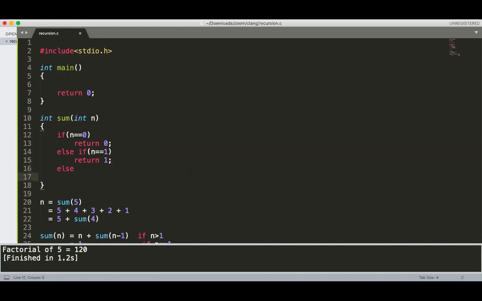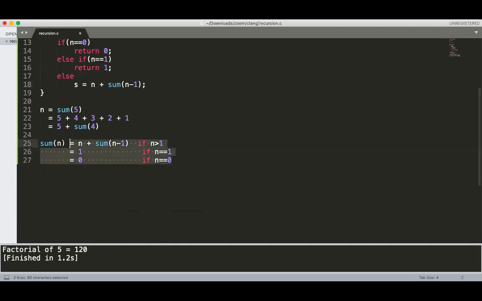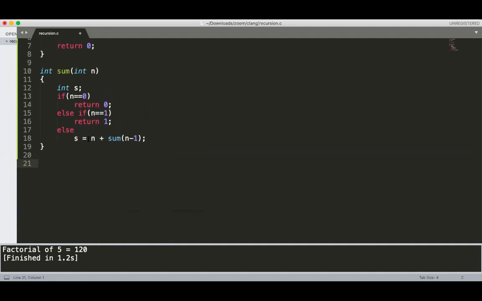Else, we can put here integer s, and s is equal to n plus sum of n minus 1. The last statement is return s.